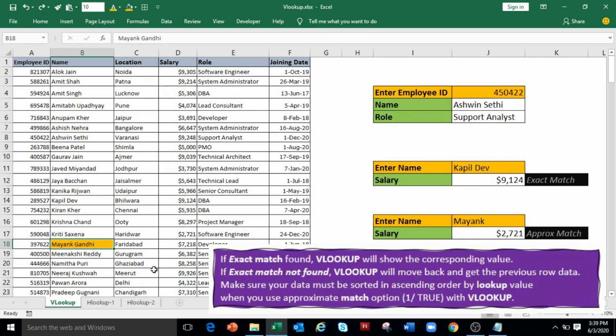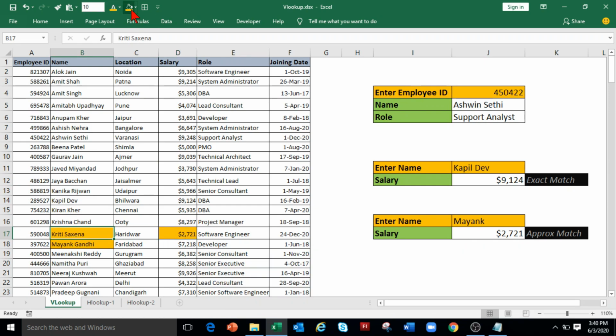In case of approximate match, the VLOOKUP function will look up Mayank in column B, and when the corresponding value is found, it will move back by one row and get the salary of the previous row, which is of Kriti Saxena in our example. If an exact match is found, meaning if we enter the complete name, then the function will return the salary of the same person, meaning it will show the salary of Mayank Gandhi.